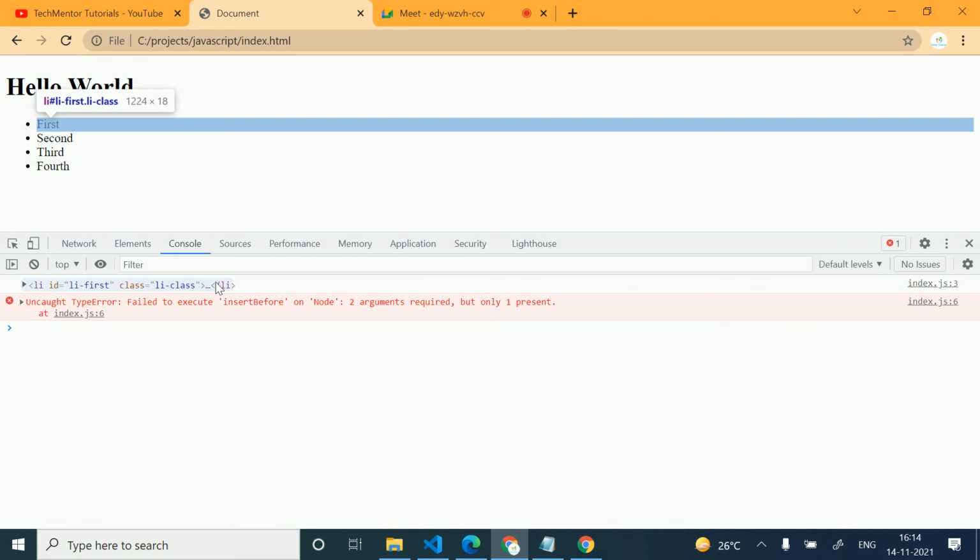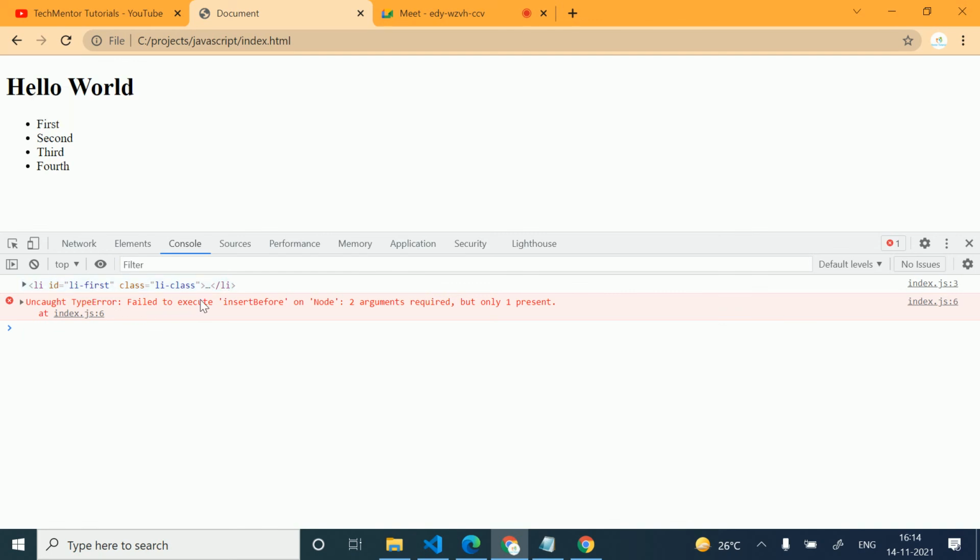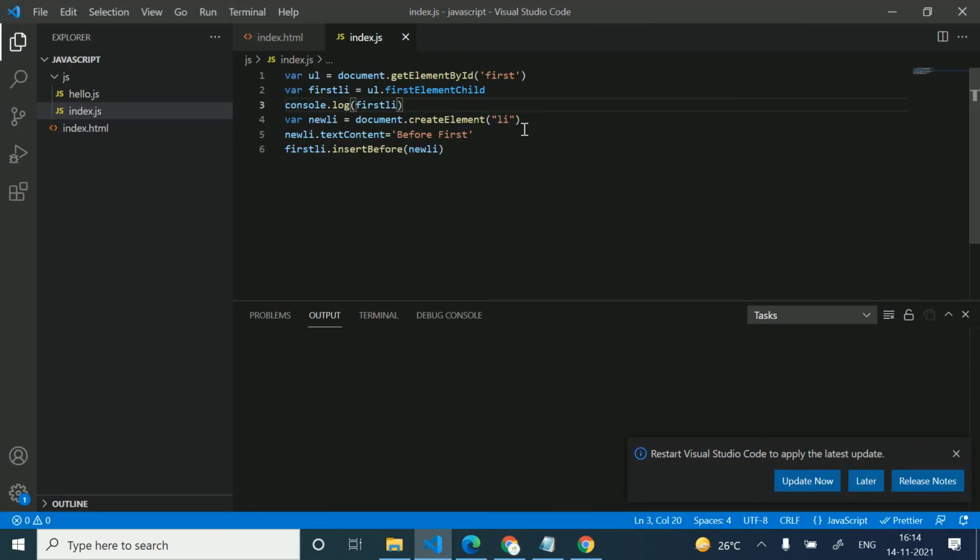I'm getting: failed to execute insertBefore on the node, two arguments required. So there is a requirement of two arguments. I have added the li which we are creating, but I need to pass a second argument as well.